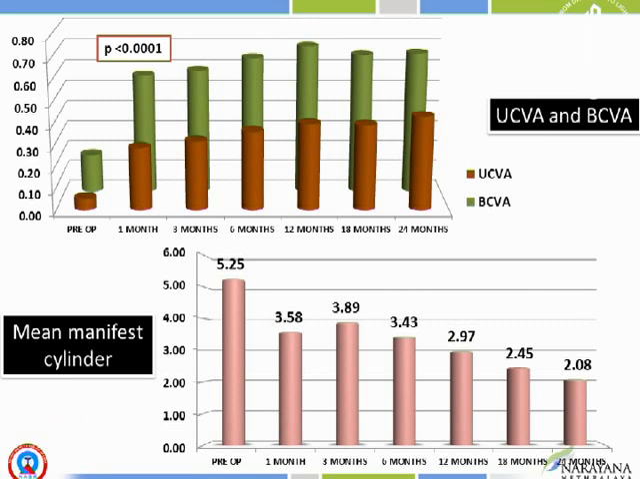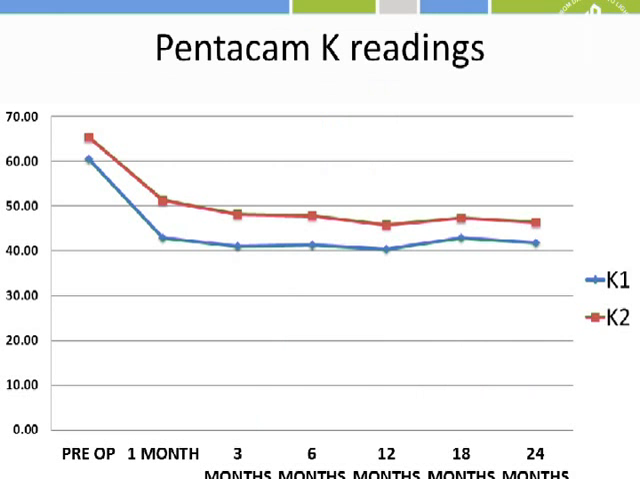As we can see in this graph, we see a statistically significant improvement in the uncorrected and best corrected visual acuity right at the first month post-operatively, which has remained stable throughout. And we can also see an improvement in the cylinder at the first month, which has remained stable up to 2 years of follow-up. Pentacam K readings also saw a significant decrease in the first month, which has remained stable